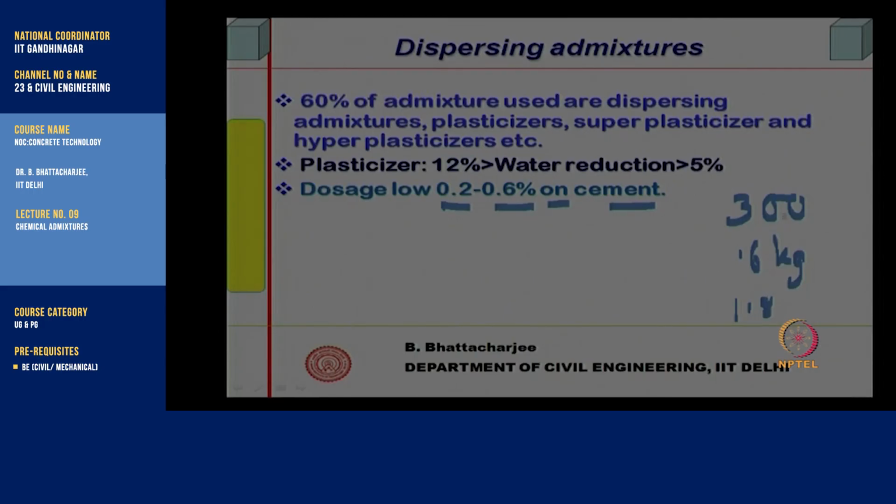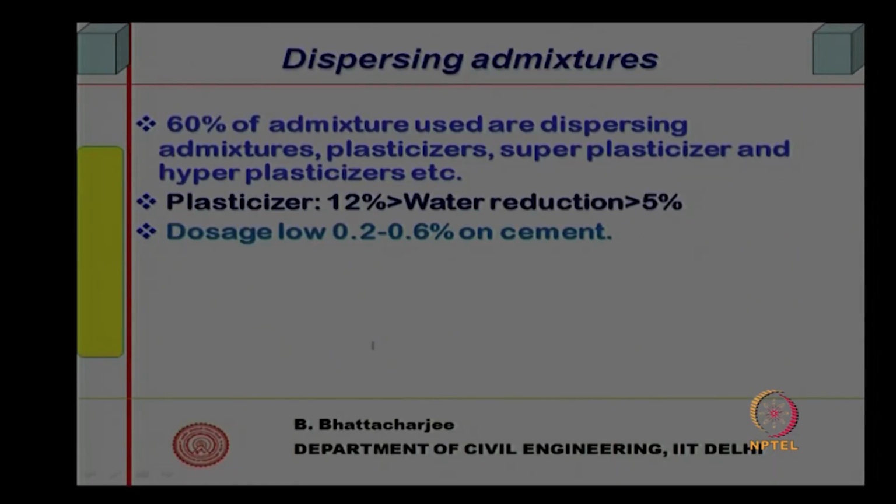You see, 3 kg is 1%, 0.3 is 0.1%. So, this is 0.2 to 0.6%. This much you will be adding in 1 meter cube of concrete. You can see that the quantity is very small. So, dosage is low, 0.2 to 0.6%,